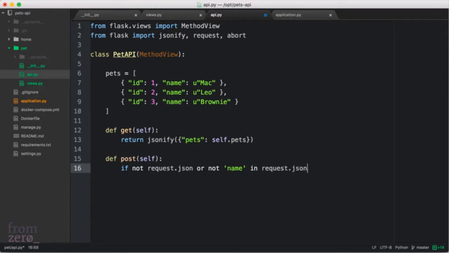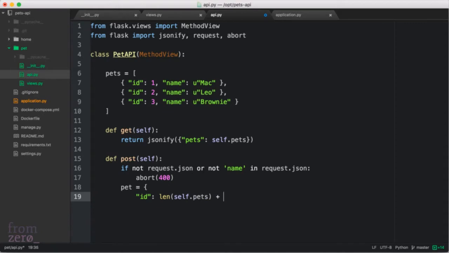Then we're going to return a 400 error, and we're going to take a look at some of the HTTP codes, but that's kind of an unexpected error. So then if we have those things, then we're going to